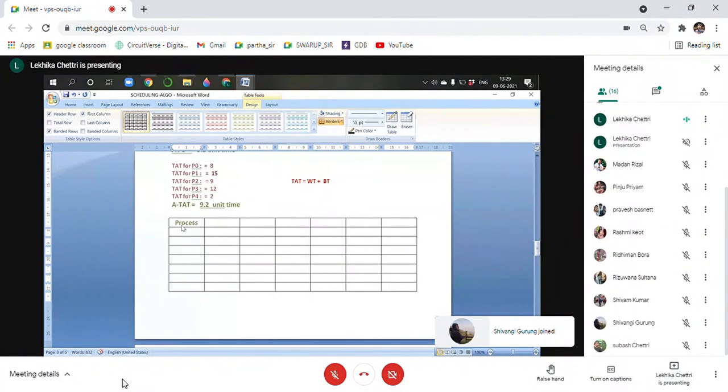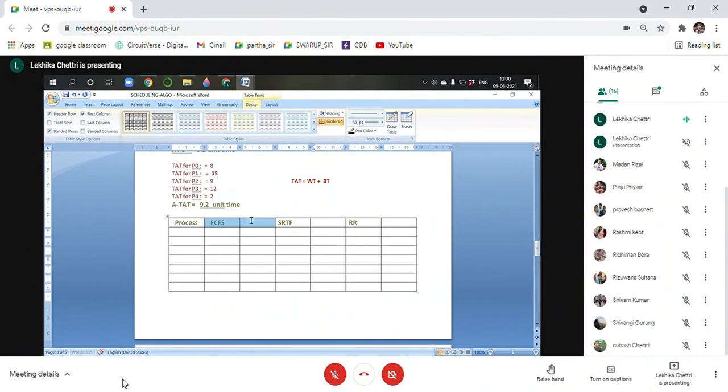Here you will have FCFS. Here you write down SJF. Here you will write down SRTF. Here you will write down the priority algorithm. Here you will write down the round robin algorithm. Now, because for the first problem we do not have SJF, we have only SRTF, I'm going to remove it. We have not done priority, so I'm going to remove it.